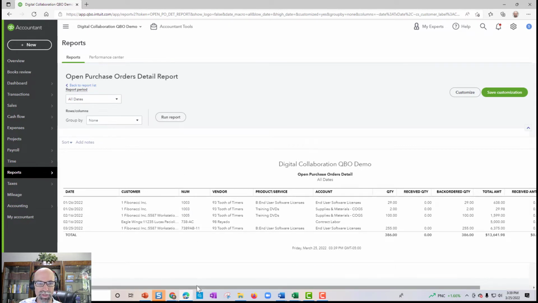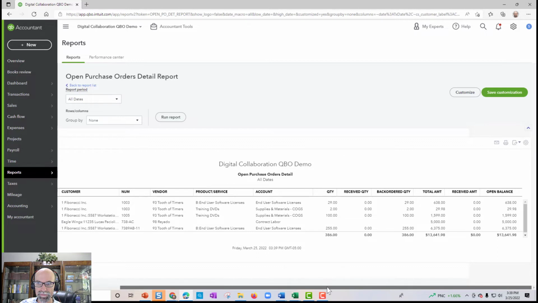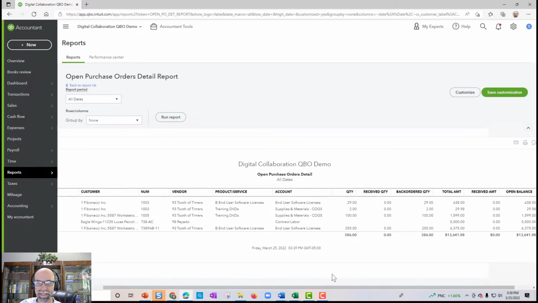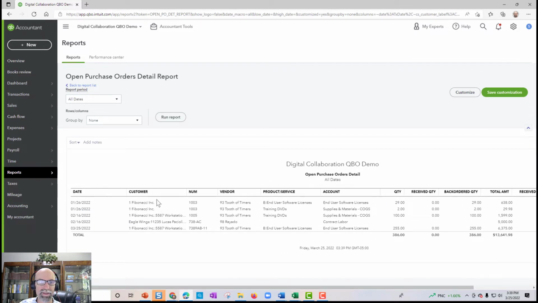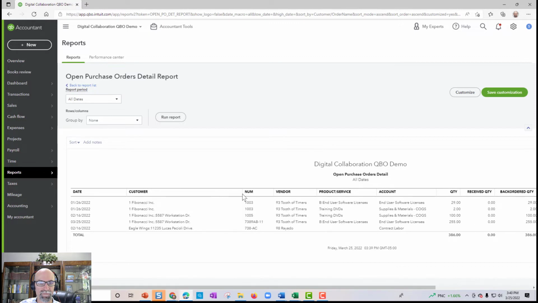Here are my open purchase orders, excuse me. I didn't need to see all that, but now the last thing we got to do is sort by customer. There we go. Okay, so there's our best method there. Export it to Excel. Now notice, just real quick here, if we were to zoom in on that,